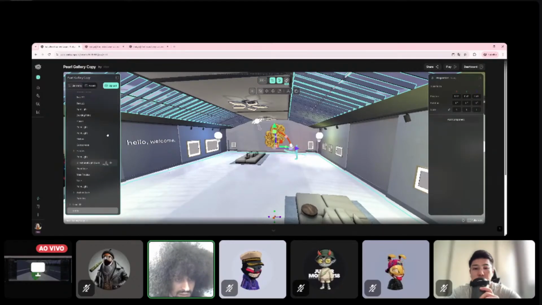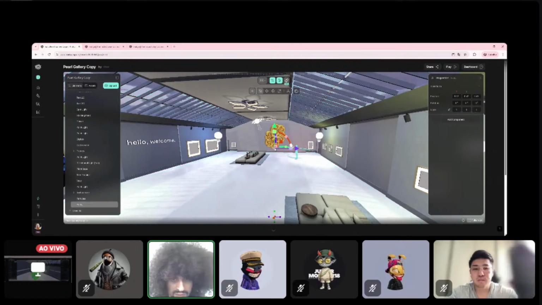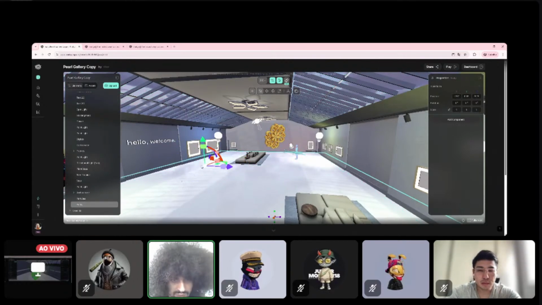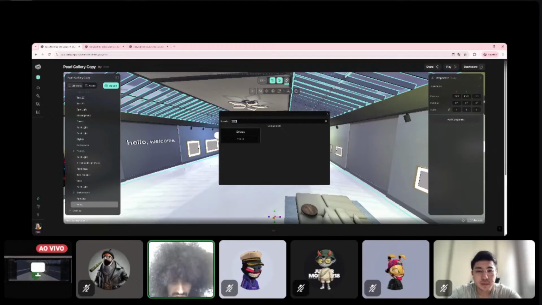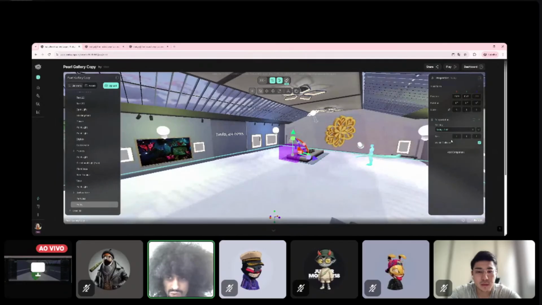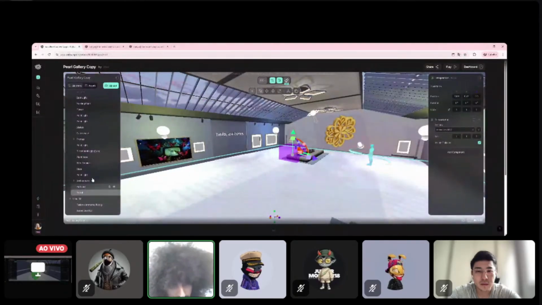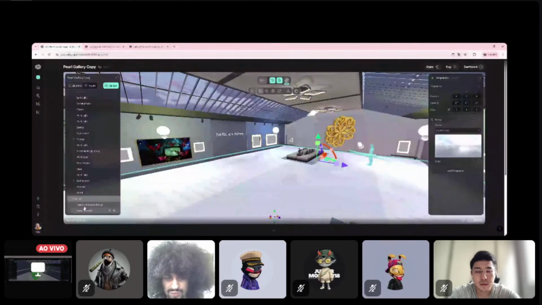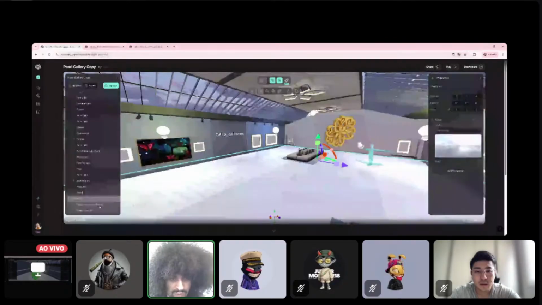So let me create a new entity in here. Let me put it on level 1. Let me put it, I don't know, in here, on the sofa, and add a teleportation. Okay, so I want this portal, the destination needs to be inside of the other group. That's the most important thing. You need to have a portal inside of one group, and the destination needs to be inside of the other group component.